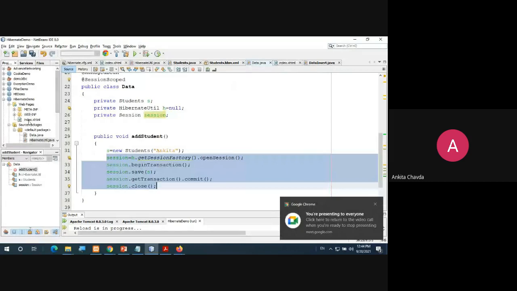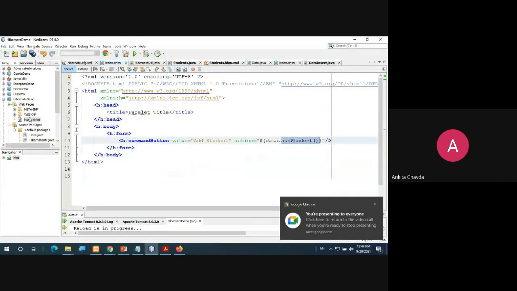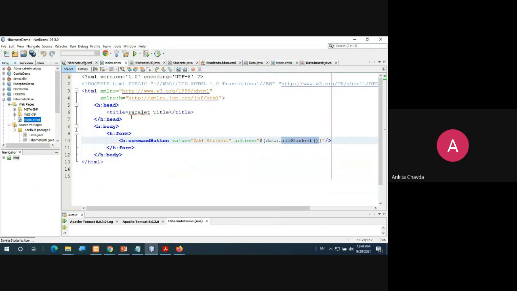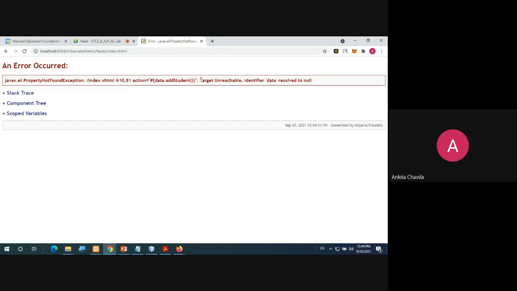Once we go to this index.xhtml and run this file, somehow one of the errors is there, but let's see what I can do. So we have this Add Student. Once we go, this is the problem that is occurring: data resolved to null.